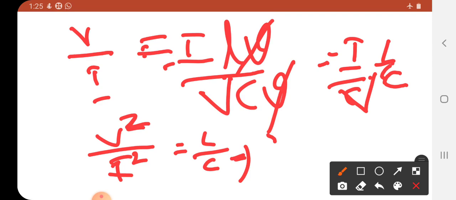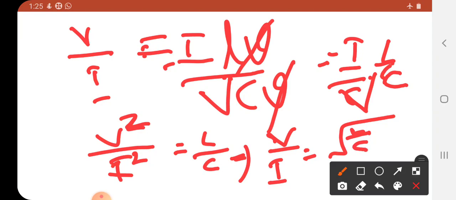That is V by I, which is called natural impedance or surge impedance. This V by I is equal to square root of L by C, and this is equal to Zn, where Zn is natural impedance. So here the expression is the ratio of voltage to current, which has the dimensions of impedance